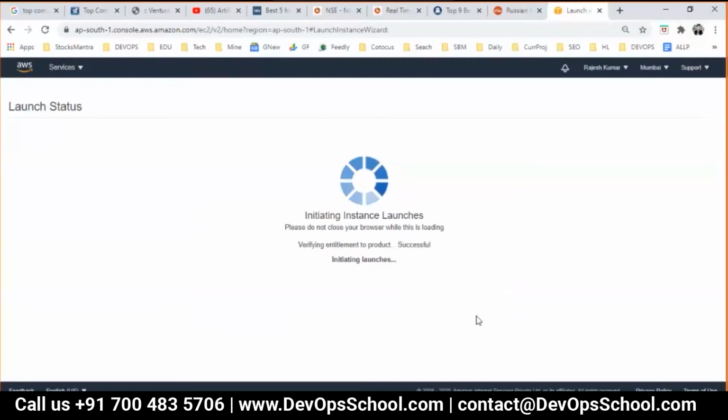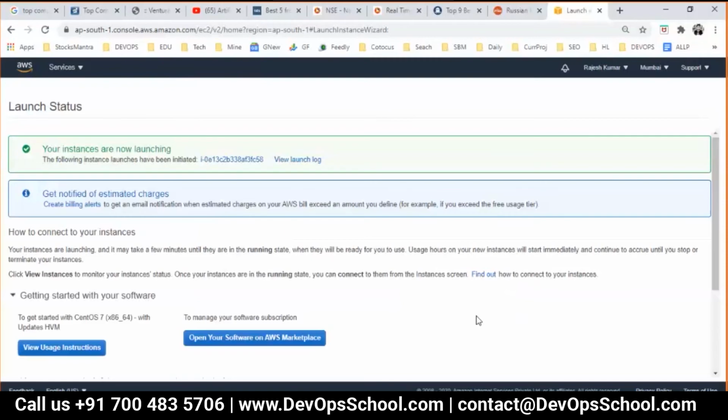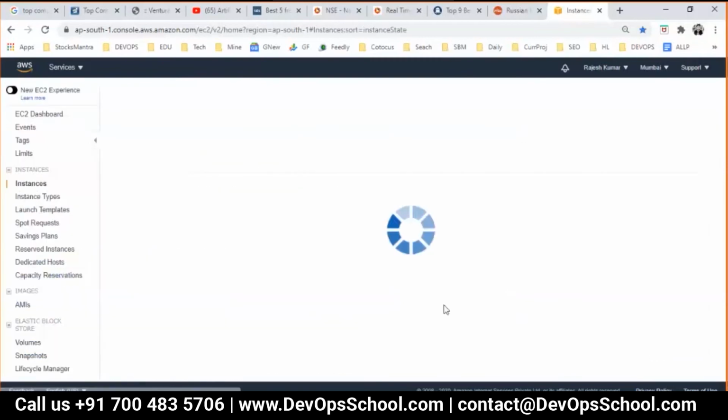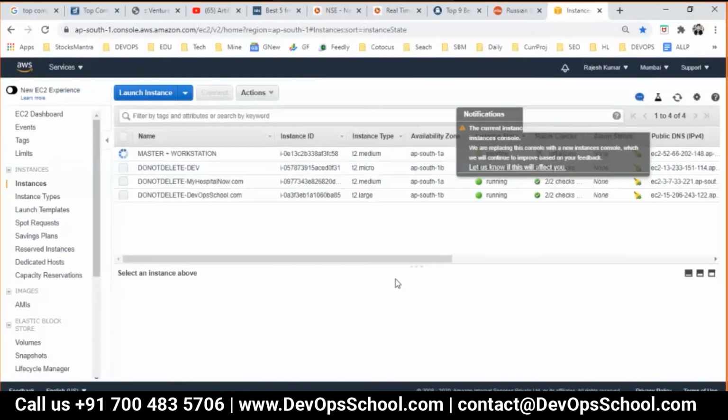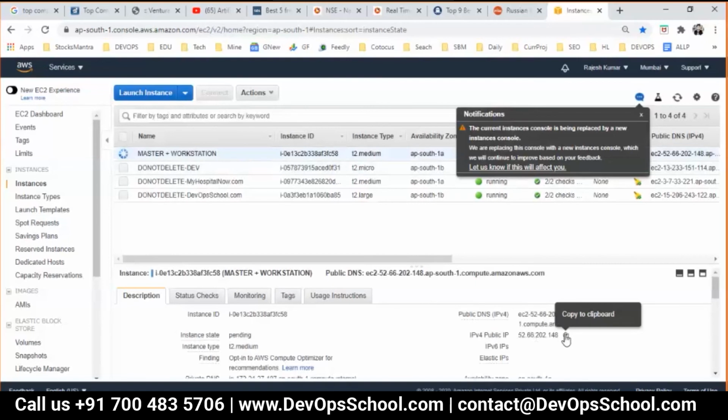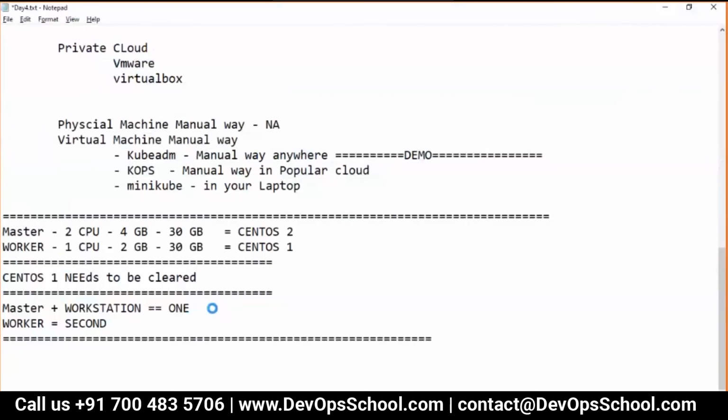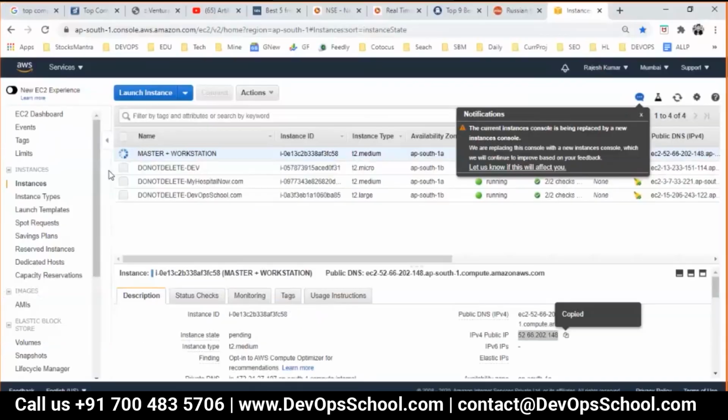And then next, security group. I'll open up every firewall and all. Launch. Rajesh Mumbai. Launch. Done. View instances.